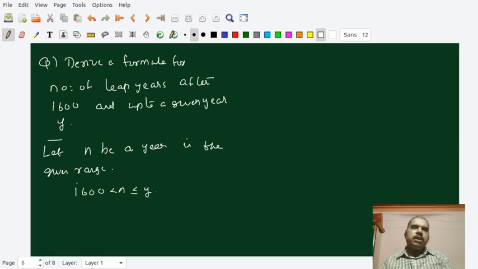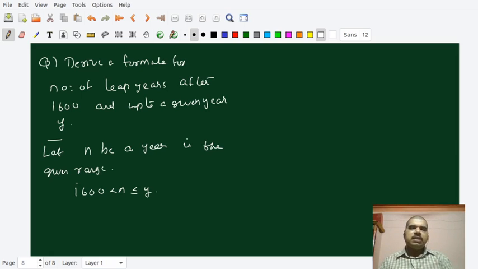So to check if n is a leap year or not, there are various things we have to check. The first thing is that we have to check if n is a century or not. If n is a century and if n is a multiple of 400, we need to count it. If n is just a century, we need to exclude it. Next, if it's not a century, we need to check if it's a multiple of 4 or not. In that case, we have to include it. So there are multiple conditions that we have to verify for deciding whether to include or exclude this n.